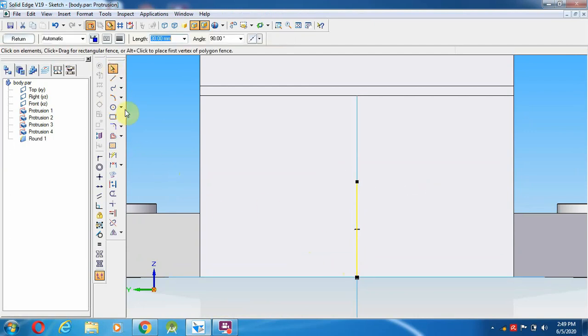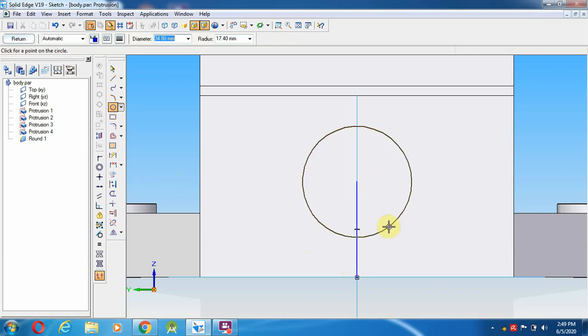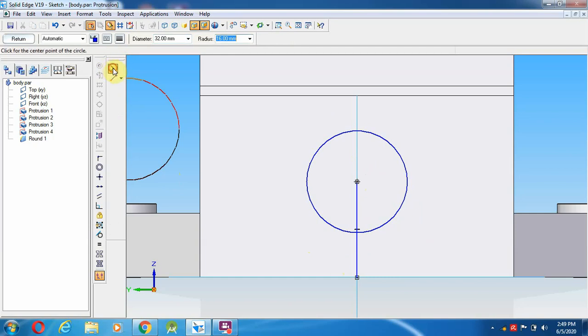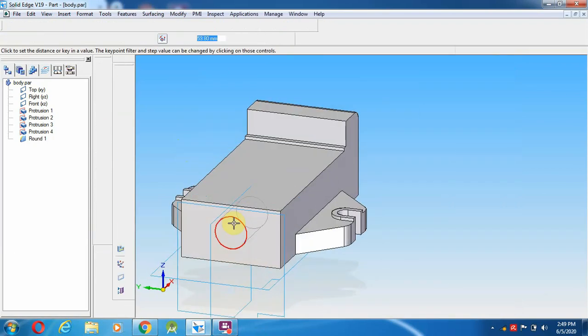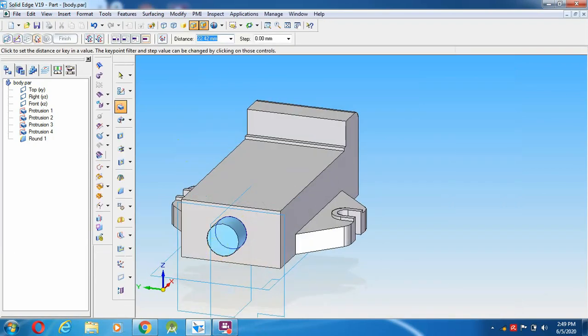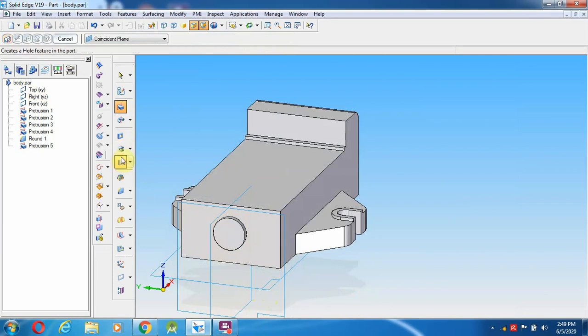I think 30 mm. Select a circle. So from here to 32 mm distance circle I draw. Okay, then delete and return. So this also 5 mm. So after making the 5 mm, going to make this one, which is that round option.